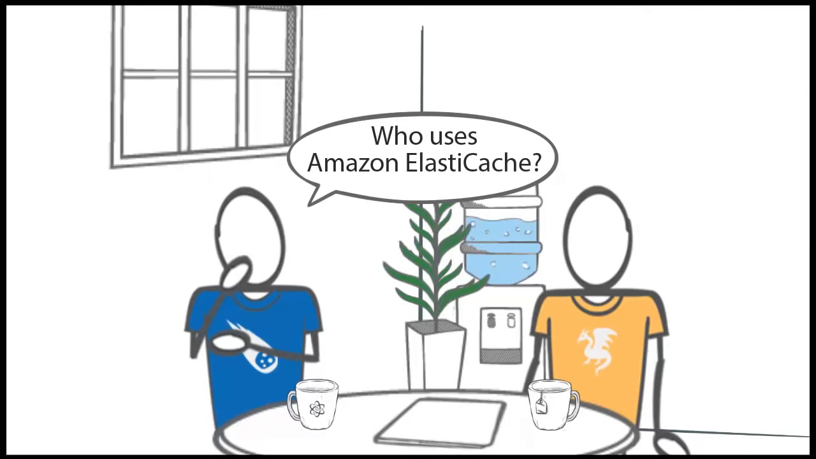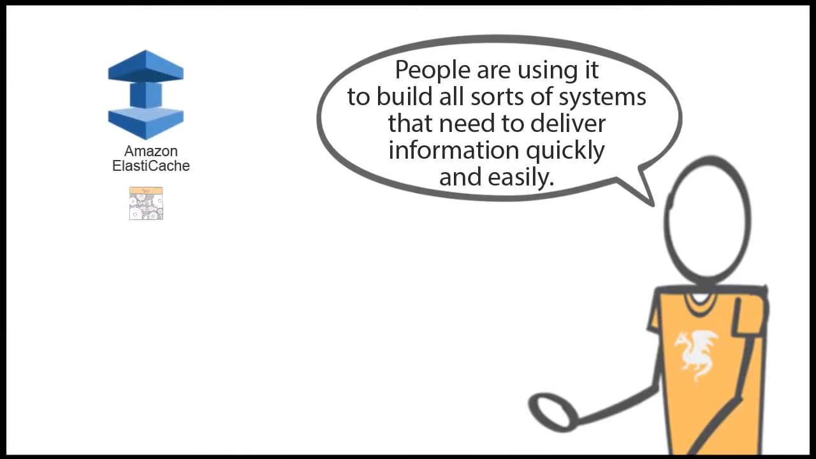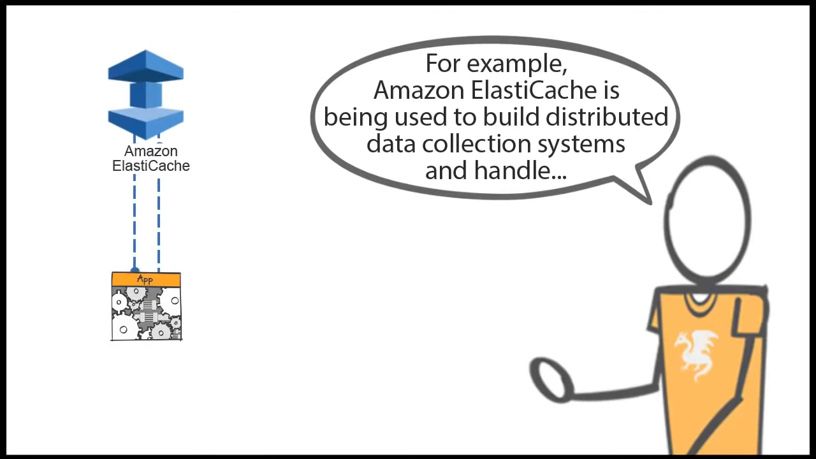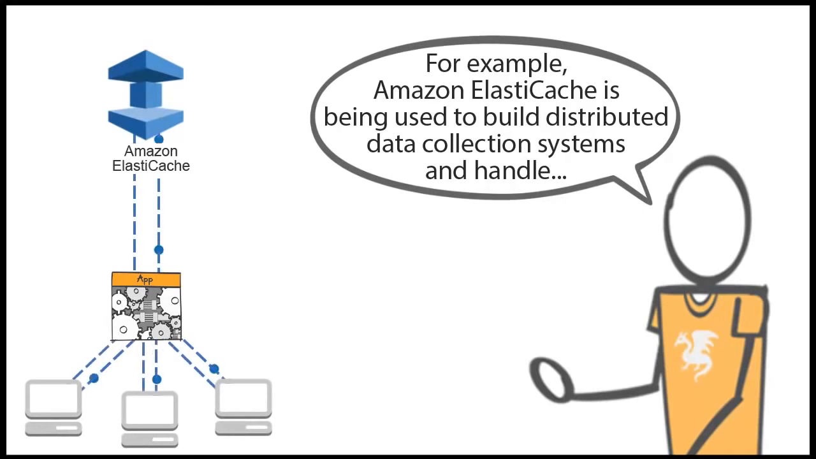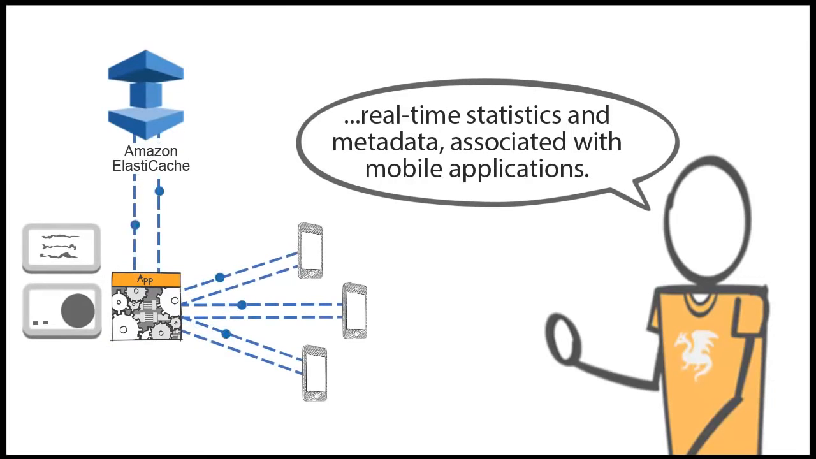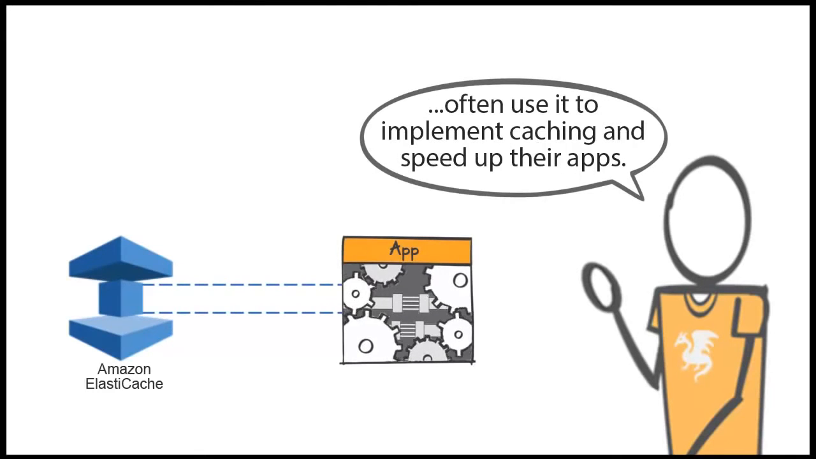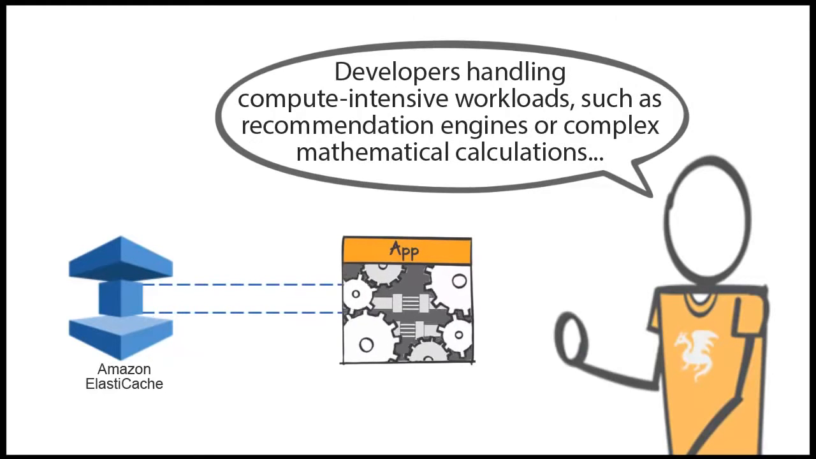Who uses Amazon ElastiCache? For what kind of apps? People are using it to build all sorts of systems that need to deliver information quickly and easily. For example, Amazon ElastiCache is being used to build distributed data collection systems and handle real-time statistics and metadata associated with mobile applications. Developers of social networking, gaming, media sharing, and analytics apps often use it to implement caching and speed up their apps. Developers handling compute-intensive workloads, such as recommendation engines or complex mathematical calculations, also use it to